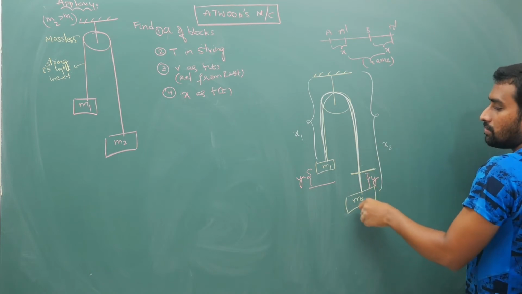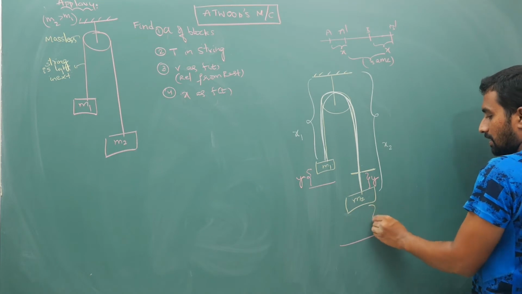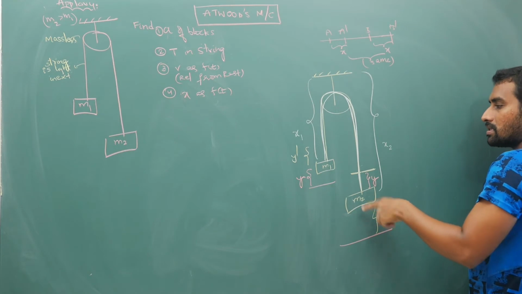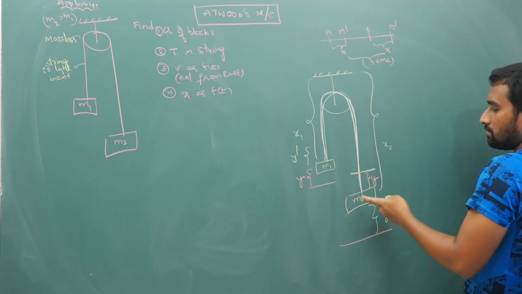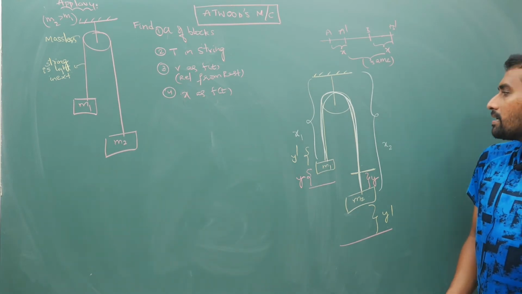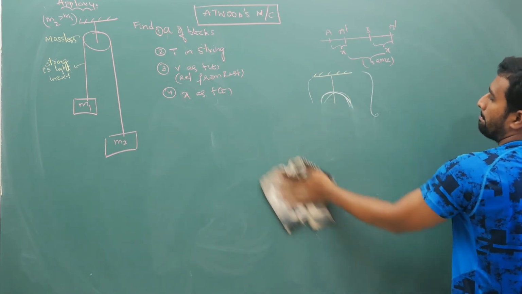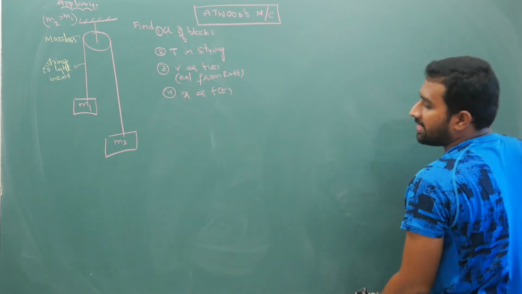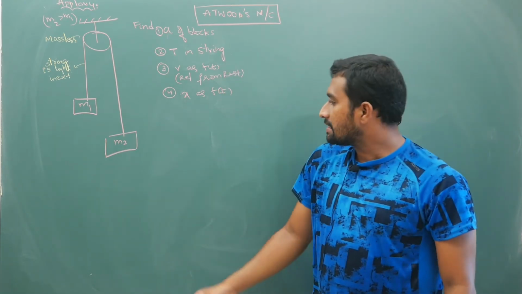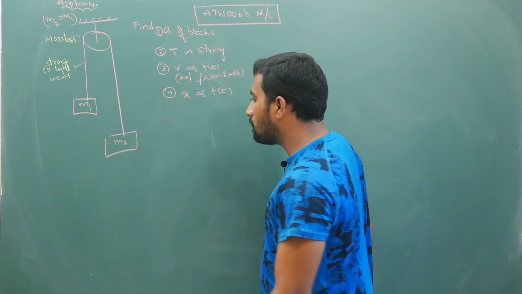If this comes down by some other distance y dash, then this should go up by y dash. One block comes down, other comes up. This block goes down, this comes up, but by same displacement. Same displacement will indicate same velocity and same acceleration. Okay, so I will write that point very clearly. In constraint relations I will explain very clearly why these two are same once again, but for now, okay,